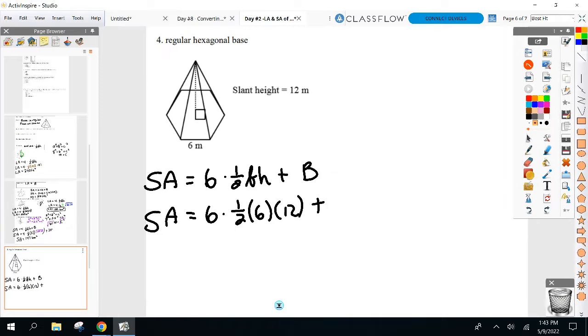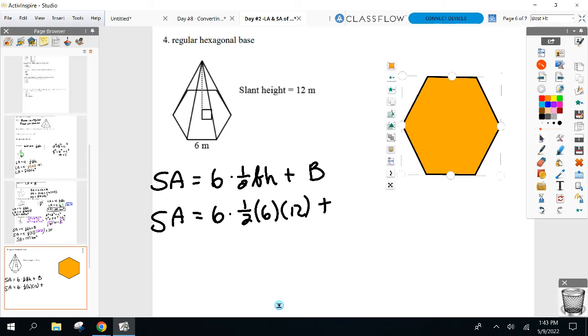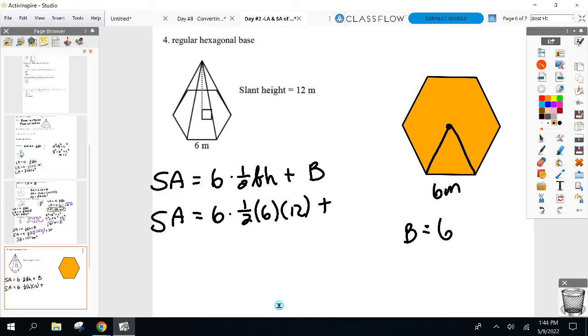So let me get my hexagon out here. All right, find the area of that hexagon. So we're going to have to go back to last unit, right? Remember, we did, okay. So big B is going to be equal to 6 of those triangles I can make,